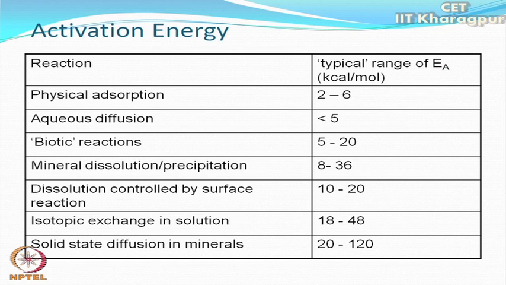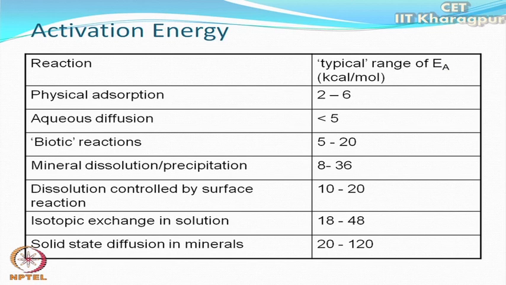So dissolution controlled by surface reaction has 10 to 20 kilocalorie per mole. Surface reaction is different from bulk reaction, and that requires about 10 to 20 kilocalories per mole. Isotopic exchange in solution phase, suppose you have, say, ROH, alcohol, where hydrogen is hydrogen, and